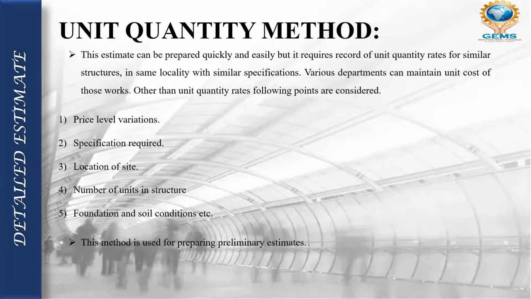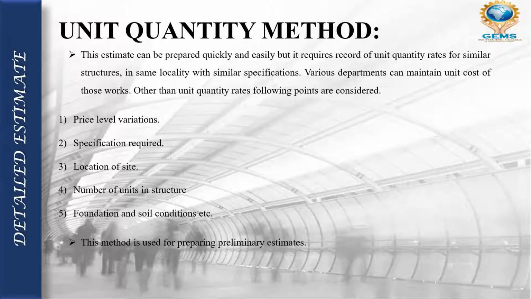So you can see, unit quantity method means, like, if you are constructing a new building, imagine you're going to a site to look at the area or location where we are going to build. If you are going to the site of your building, we will just ask the nearby